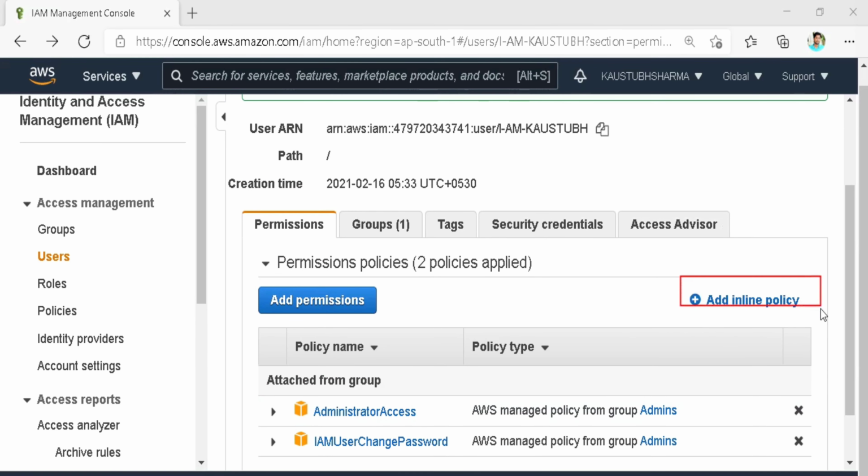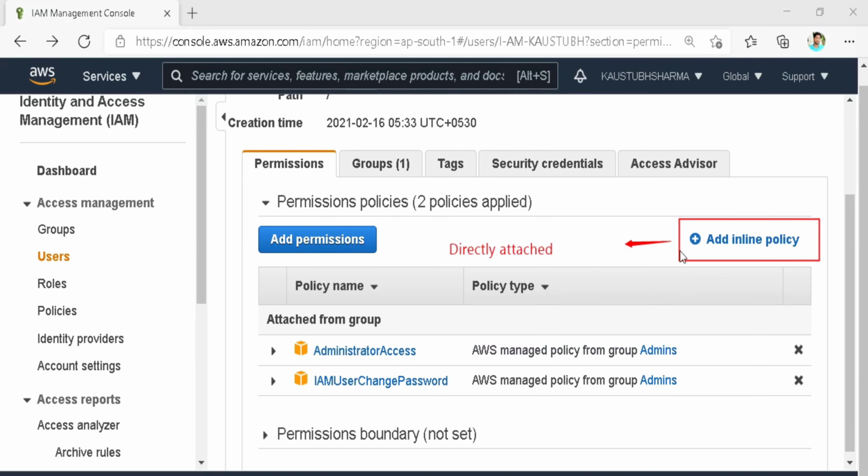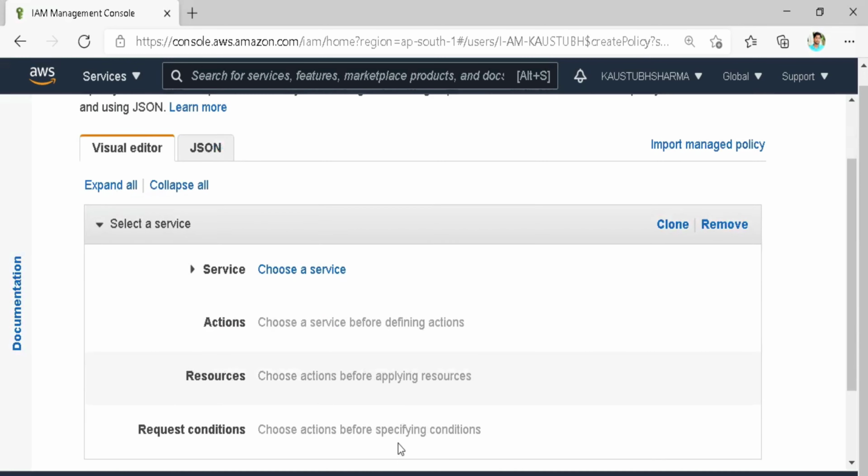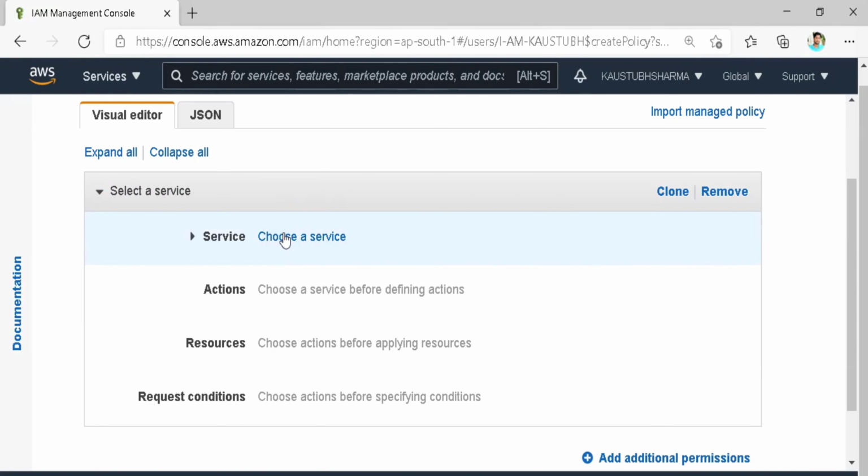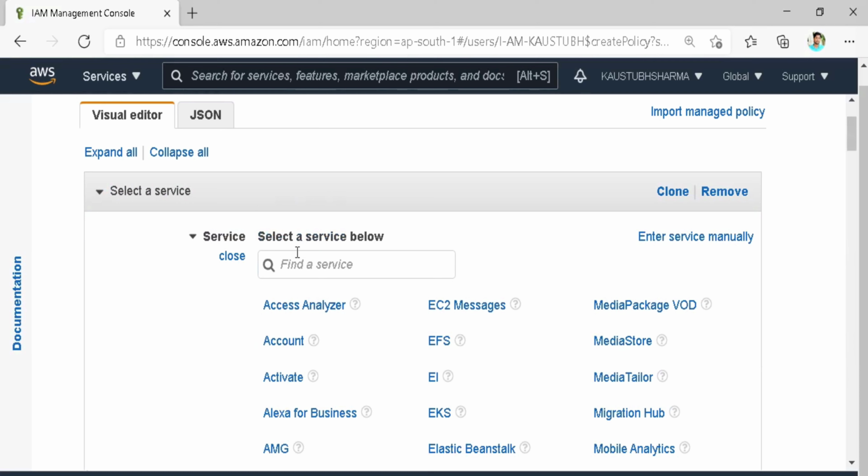So let's talk about inline policies. Inline policies are policies which you can attach directly to the user. Let me show you how to create a policy. Here in the visual editor, choose a service, like let me choose S3.